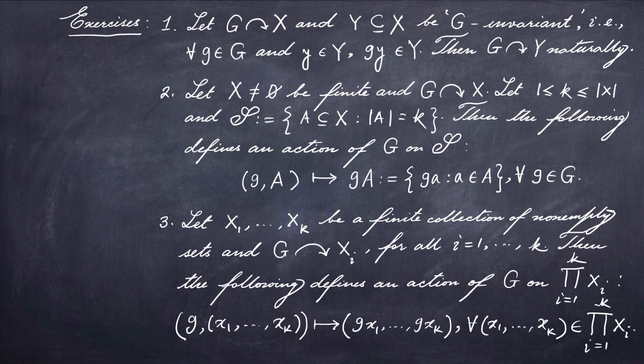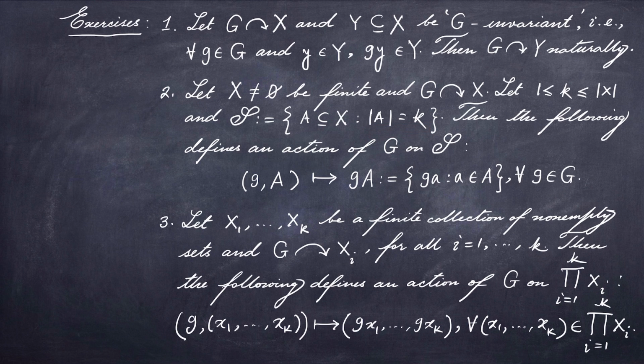Before we look at some examples, I would like to leave the following exercises to you. The first exercise says that if G has an action on X and a subset Y of X is G invariant, that is, for every y in Y and g in G, gy is in Y, then G acts on Y naturally. The second exercise says that given a non-empty finite set X having an action of a group G, then for any positive integer k not exceeding the number of elements of X, if we consider the collection of all